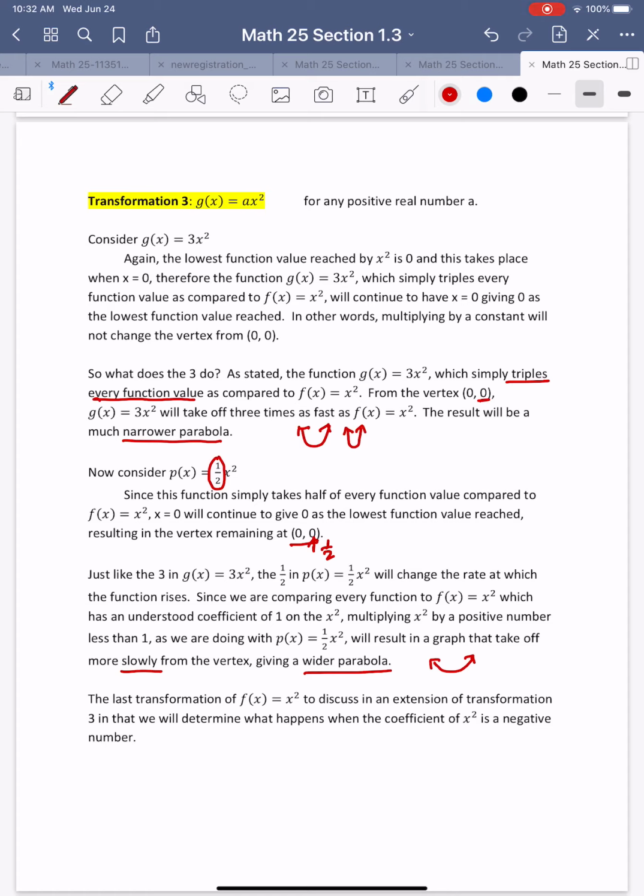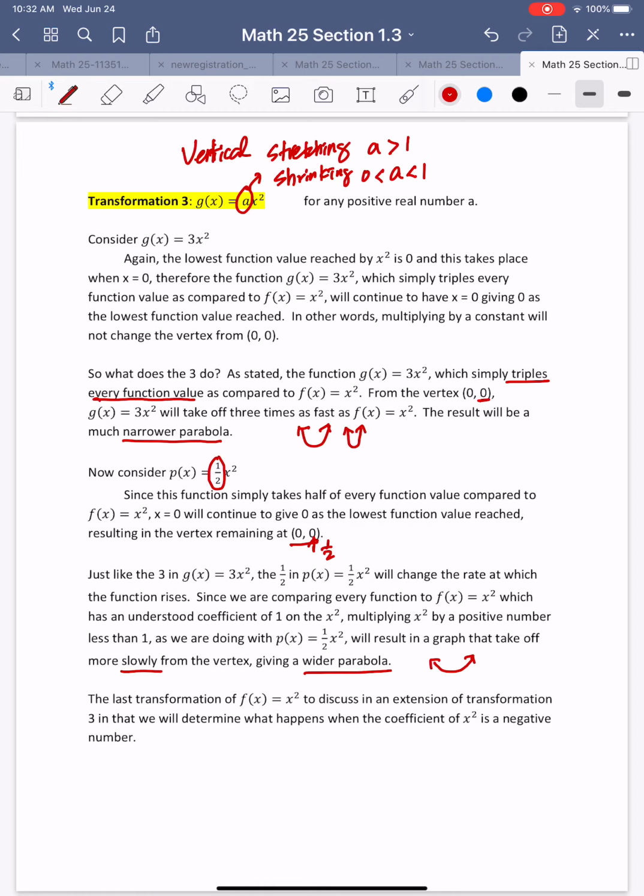The last transformation, so this is what we call the stretching, which is a vertical stretching or shrinking. A greater than 1 is a stretching, a between 0 and 1 is a shrinking. And the last transformation of f of x equal to x squared to discuss, an extension of transformation 3,